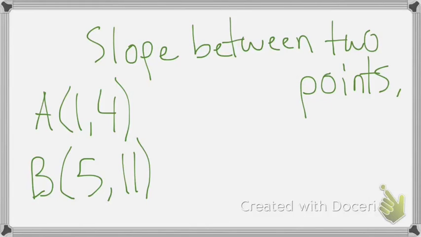Okay, A is going to be one of them, B is going to be the other. And if I ask you to find the slope between them, now we know how to find the slope in a table. It's what we're going up by every time, but we don't have a table now. So to figure it out this way, this is when we do,